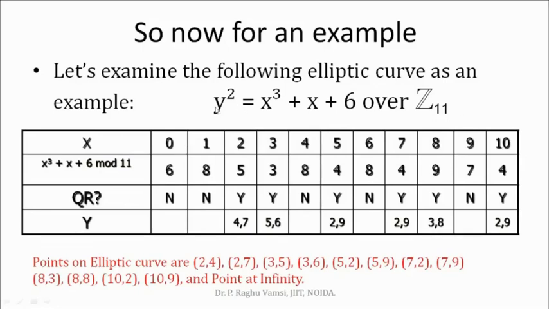In the same way, the y value has to be placed from 0 in y at the left hand side, because up to here we have done for the right hand side. We have to go for the left hand side now. So y square, 0 square is 0, and 1 square is 1, and all these operations have to be moduloed with 11. So whenever we do the modulo operation, whatever remainder you get for the right hand side and the remainder you get for the left hand side, if those match, you need to make the corresponding x, y pairs to get a point.